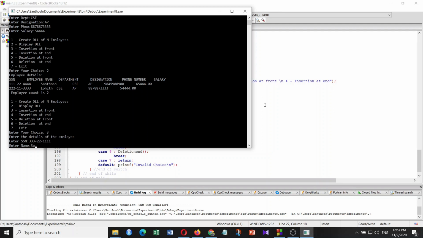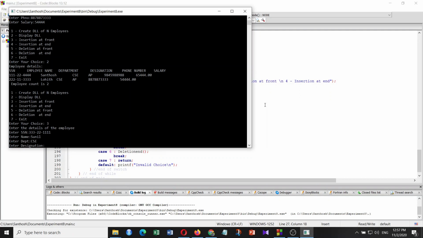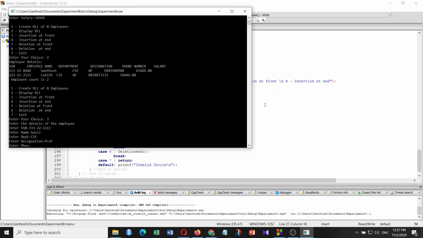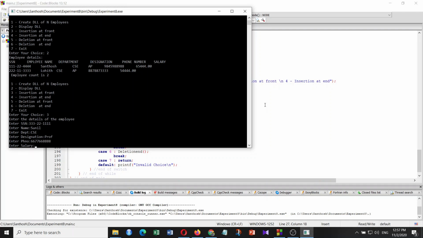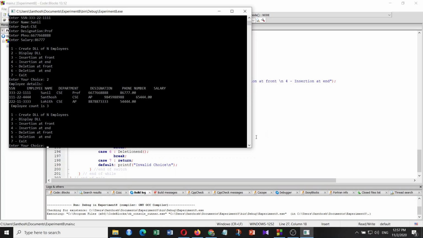Asking for a name, given name, asking for a department, designation, asking for phone number, so I've given some phone number, it's asking for salary, given salary. Let's check whether it is inserted at the front. Yes, the new employee Sunil is inserted before Santosh.